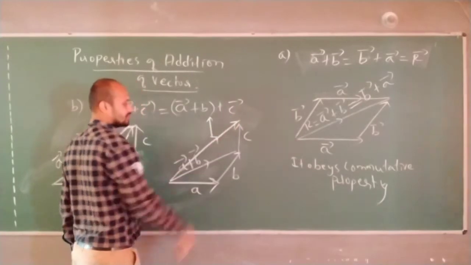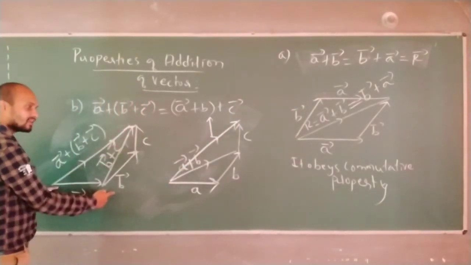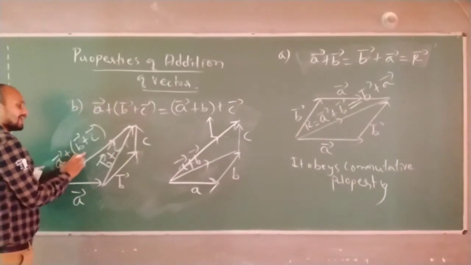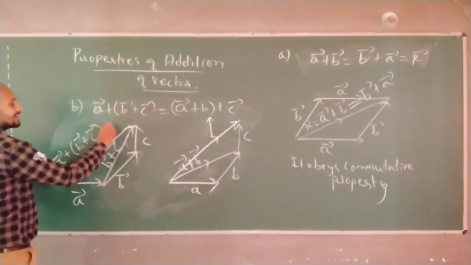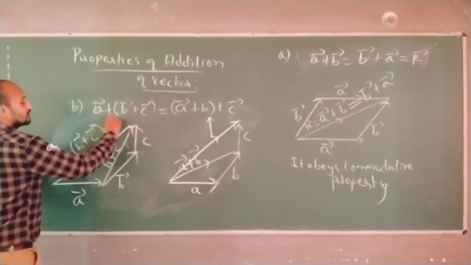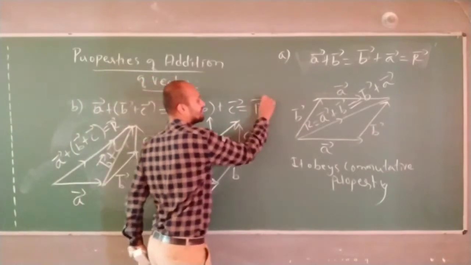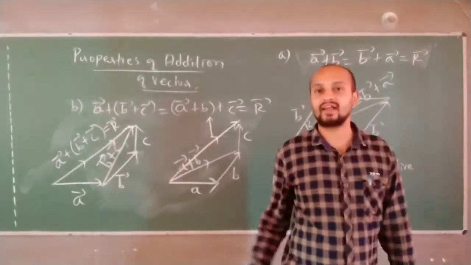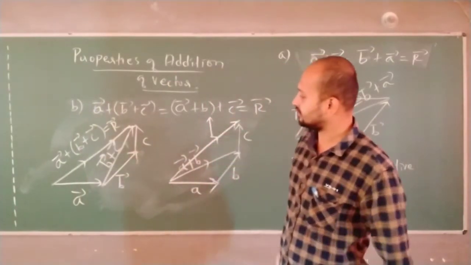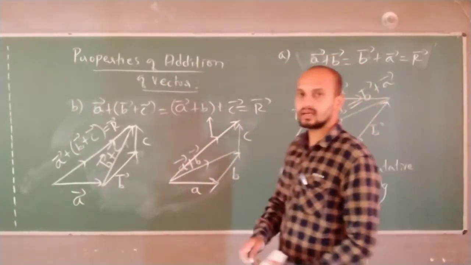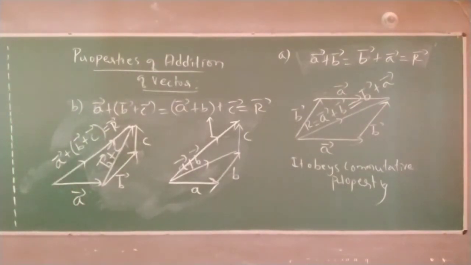This is the vector. So it is in diagrams. When vectors are added like this, you can add the vectors like this, or you can add the vectors like this. The resultant line remains the same. This will be equal to the resultant. Resultant means whatever the final vector you find, this vector line will remain the same. Do you understand? These are the two properties, and I showed associative property in terms of diagram.